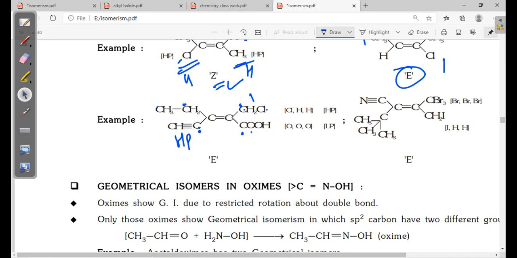Don't do any sum. Okay. Now carbon is there, carbon. Next oxygen is there. Here chlorine is there. Chlorine atomic number is higher. That's enough. So higher preference, higher preference, higher preference are on opposite sides. So E.